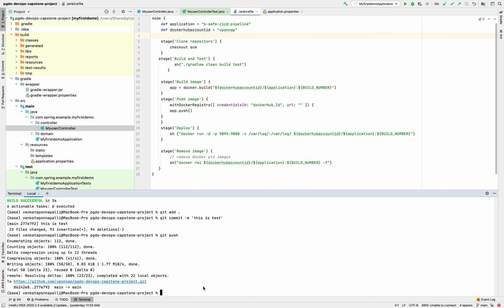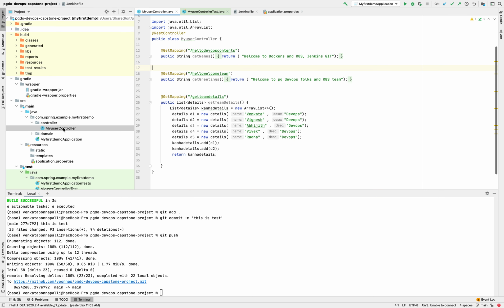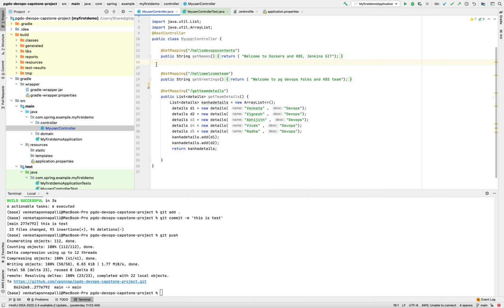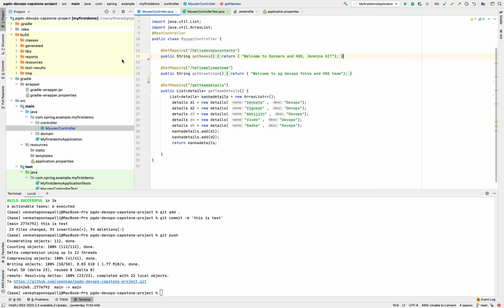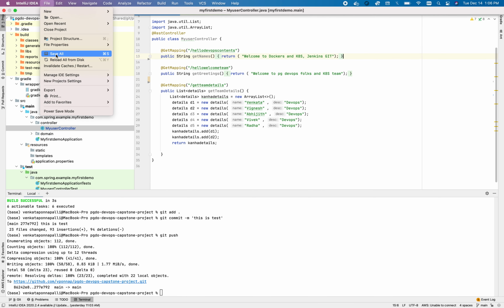So let's now make some changes in our code and then commit it.